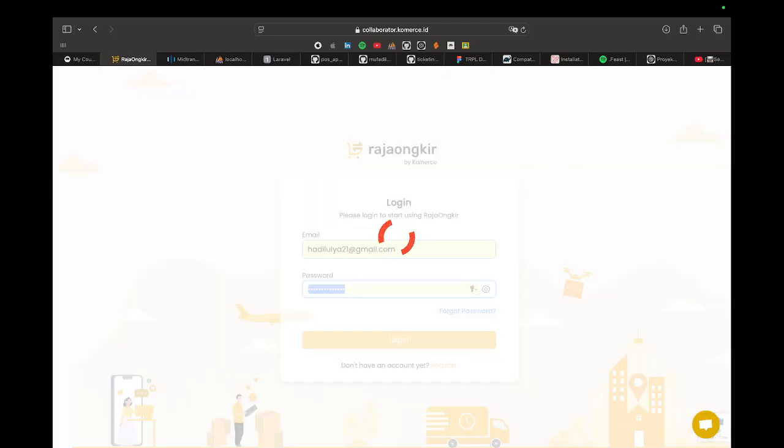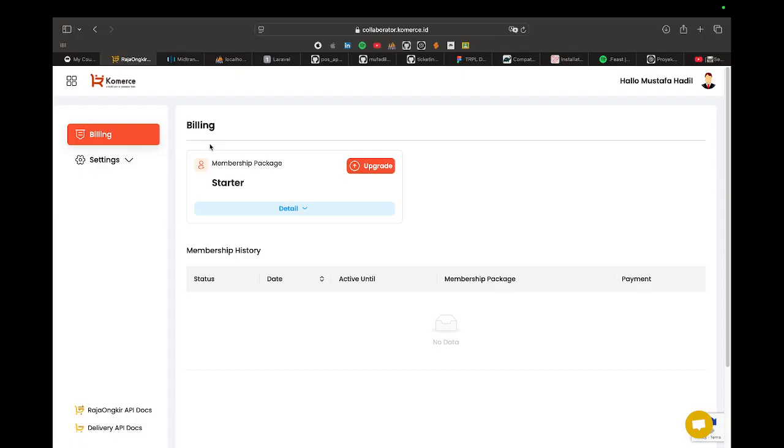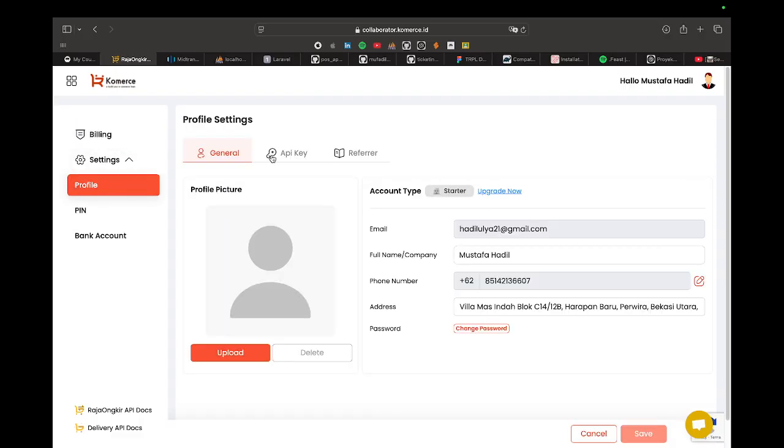After you log in or register, you can jump to the landing page of Raja Ongkir. We go to settings, profile, and we get the API key.